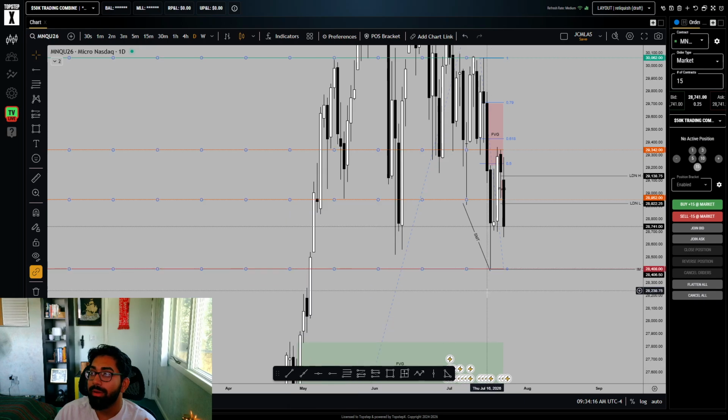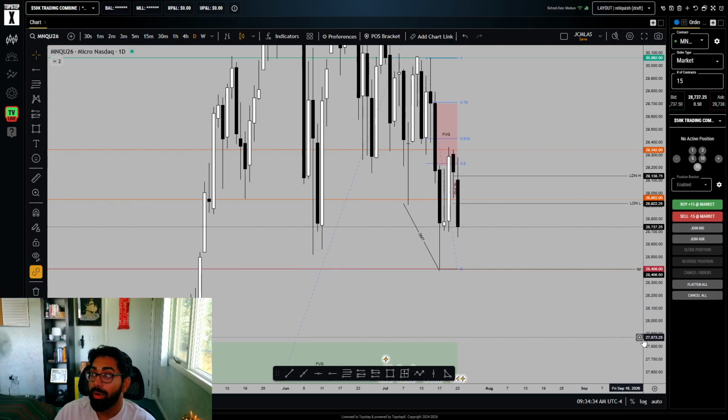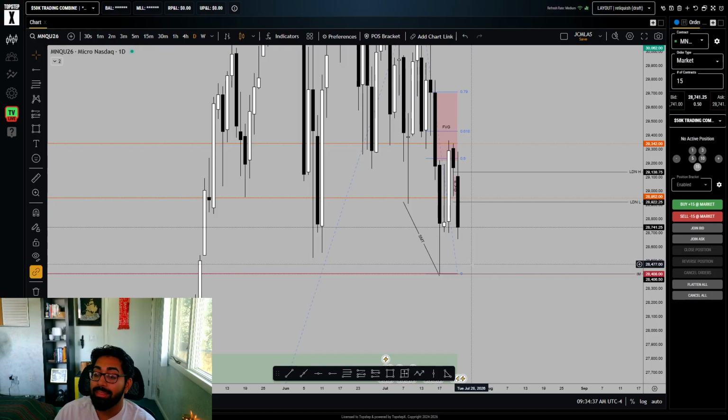this low right here did not even go 50% of the way through this fair value gap. Now, this gap, this bullish fair value gap, is right here. It did not even go 50% of the way through. 50% would be where my dotted line is right here. So price can fill that bullish fair value gap on the one day even more and reject at this level,